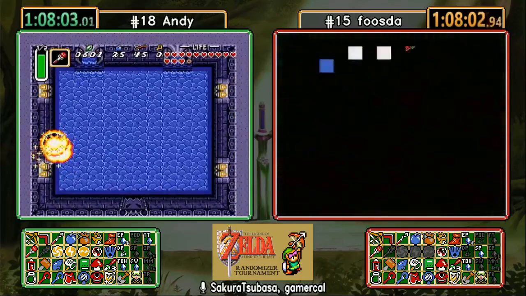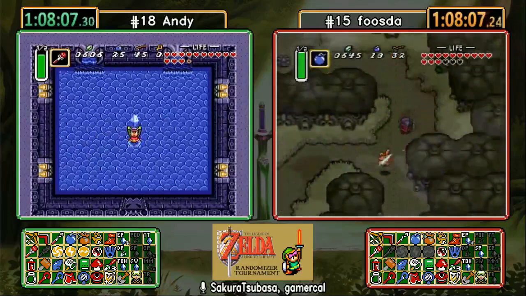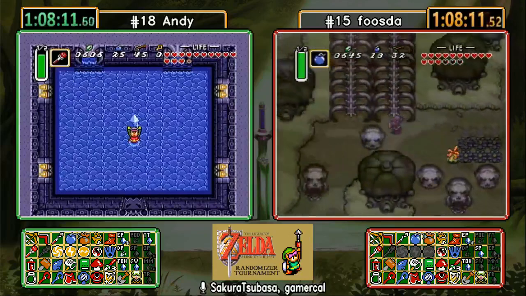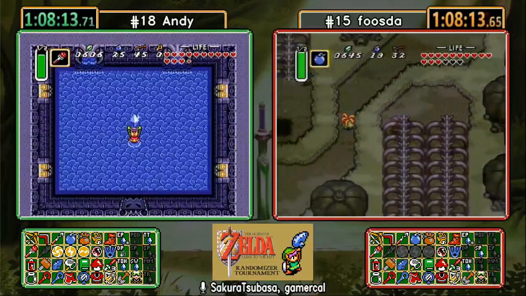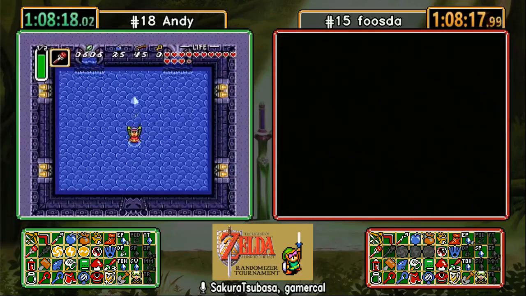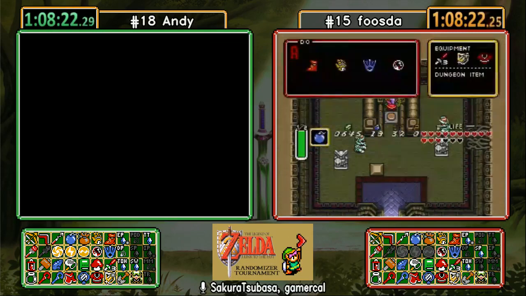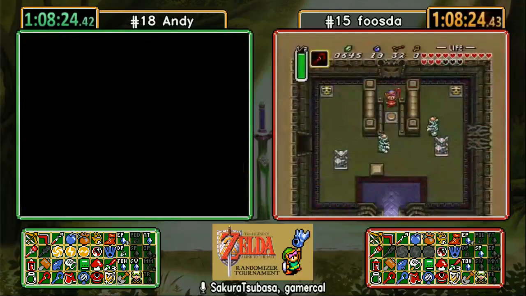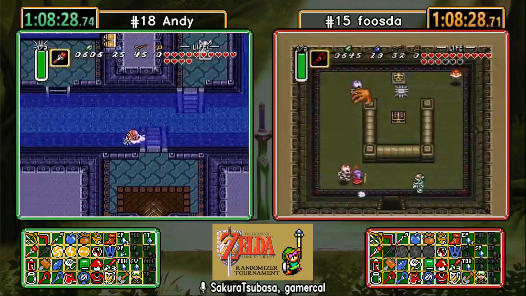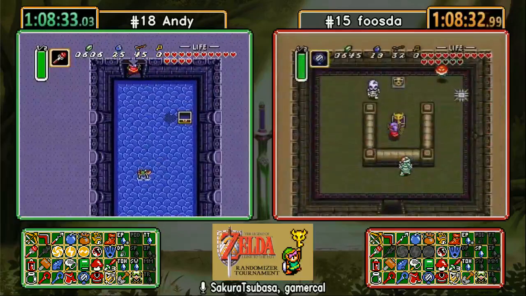There we go. Yep. And Andy also making quick work of Argus here. Yeah, perfectly pulling off the same Fire Rod strat that Foosda did. Whoa, Foosda, what are you doing? No, he's skipping. Why? Oh no. See, this is exactly what we were talking about earlier, though, about taking those risks. This one is not going to pay out for him. He has to go back to the other side, or he's not going to be able to get into...